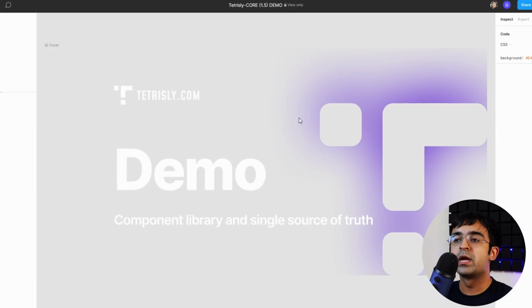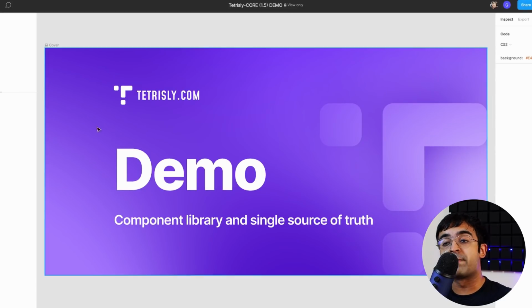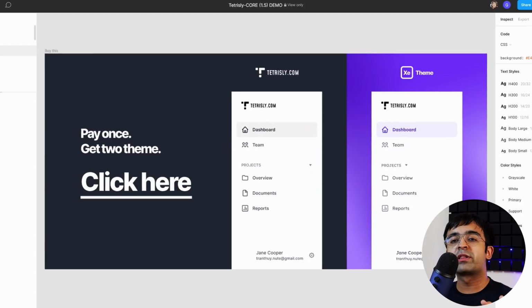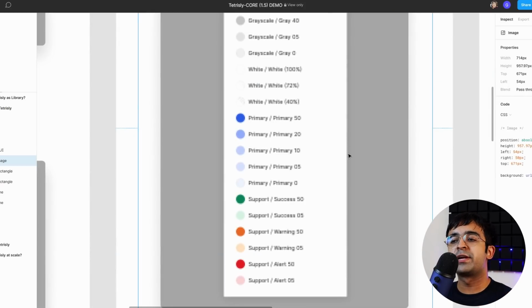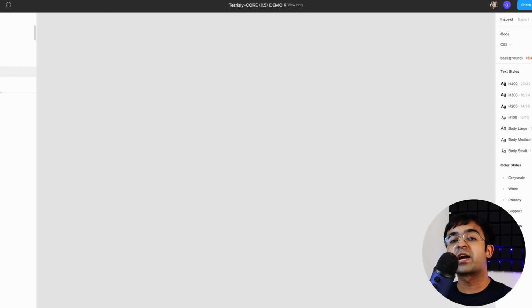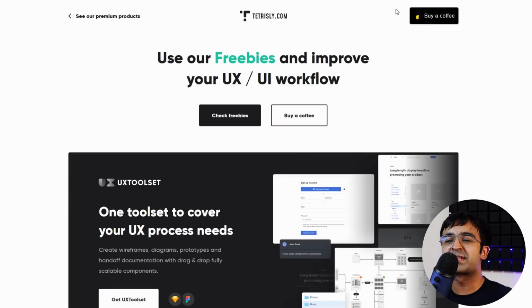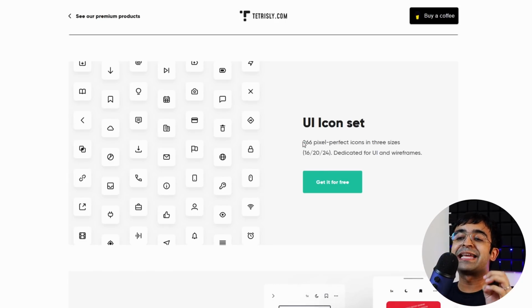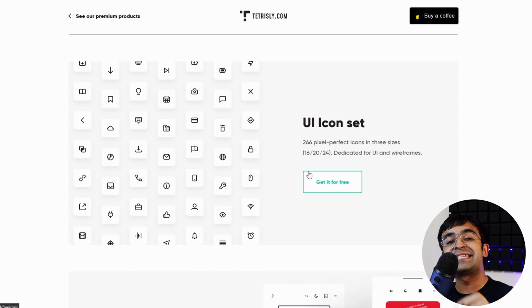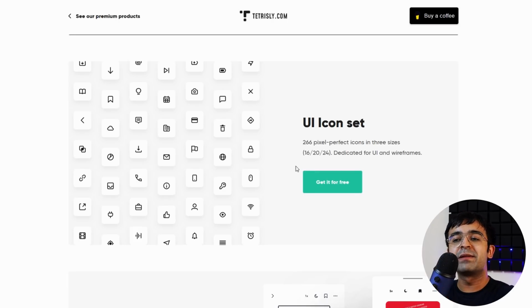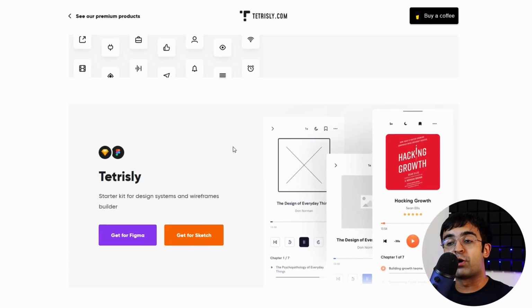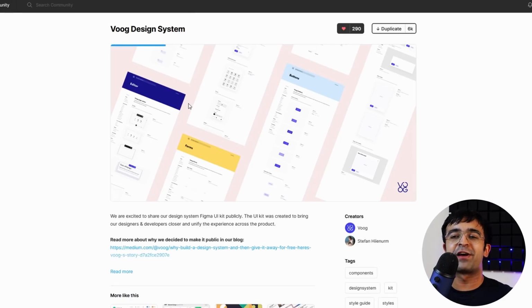Now they have an ability to check out all the components before you buy. With this little demo file on Figma, you can check it out. You can see all the elements that they have, how they're doing it. You can check out their specifics. You can check out what are the grid systems they're using. For people who just want to get started quickly with something a little less daunting than a paid UI kit, they have a freebie section on their website. So they also have a UI icon set, which again is 266 brilliantly and very minimally designed icons for free also.